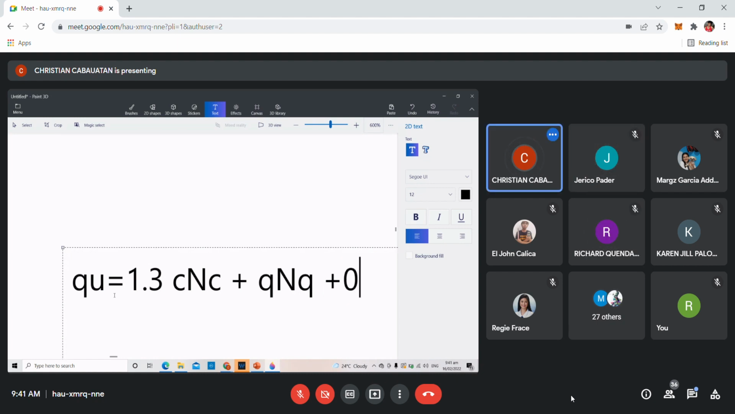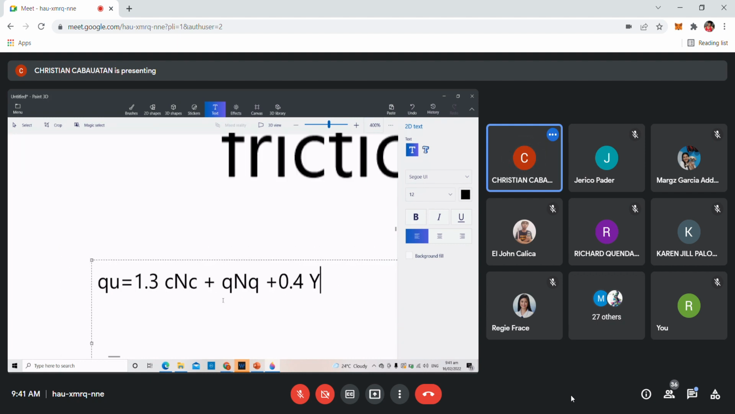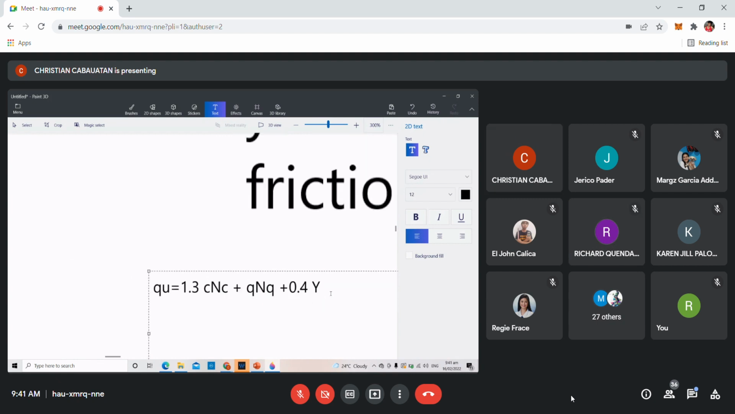Okay, buti at naalala nyo. 0.4 gamma B N gamma, sir. Tama ba? Tama lang? Agree lahat? Yes, sir. Okay. So Qu therefore is equal to 1.3